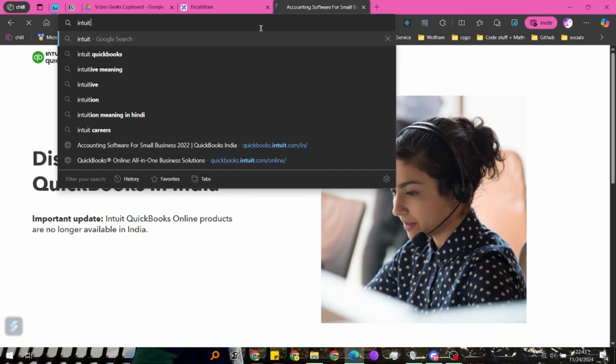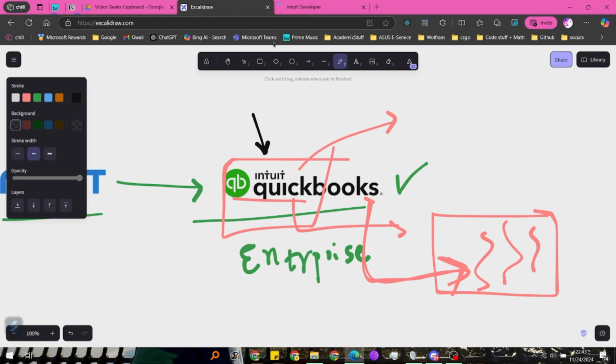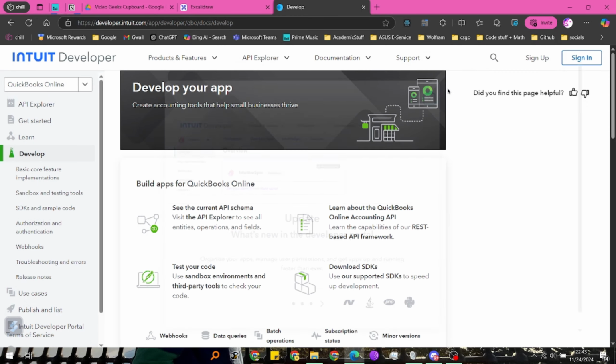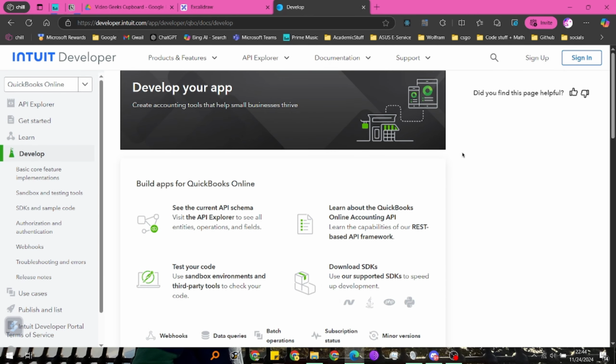So what will be the roles of me and you in that case? Let's say the person who is using QuickBooks and the person who is getting insights from the API. What exactly are you asking? What is the role of the person? I understood the importance of the software, but who will use this, and where in real life is it being used?